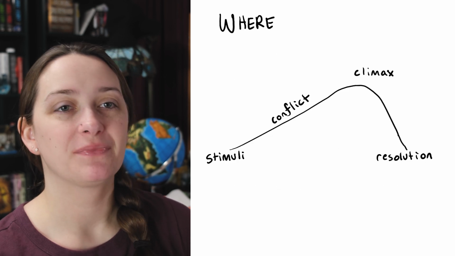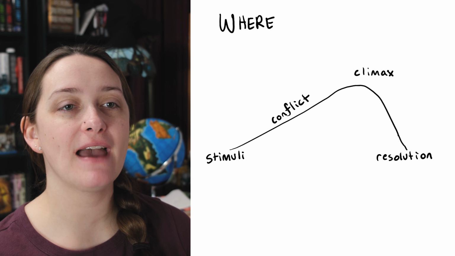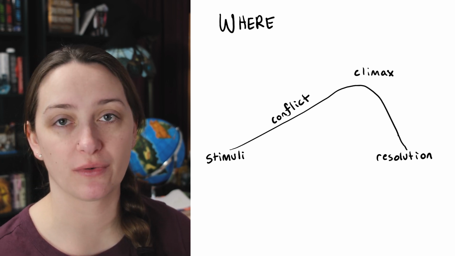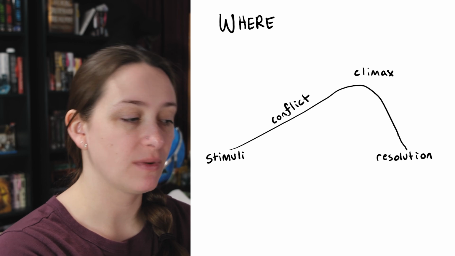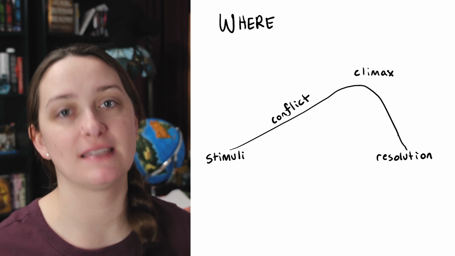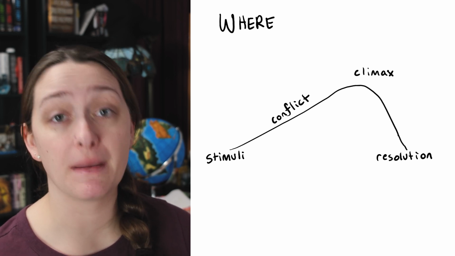All right, so let's talk about where we could put a break. I have, again, outlined and drafted all of my scenes in this sort of structure, where I start with whatever the goal or stimuli is, the conflict, there's a climax, and then what leads to the next thing. That's how I've written all of my scenes. That's how I've outlined my book.